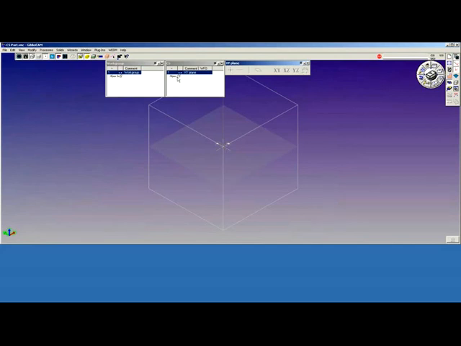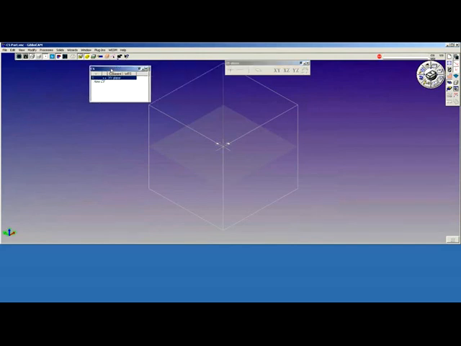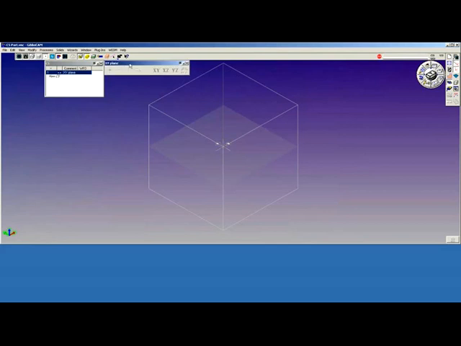Coordinate systems can be named, or should be named, and they should correlate with the name in the workgroup. That way you can readily identify geometry that's located in a specific coordinate system by comparing the names. I'm going to close the workgroup dialog temporarily, and we're going to concentrate on coordinate systems and coordinate system orientation